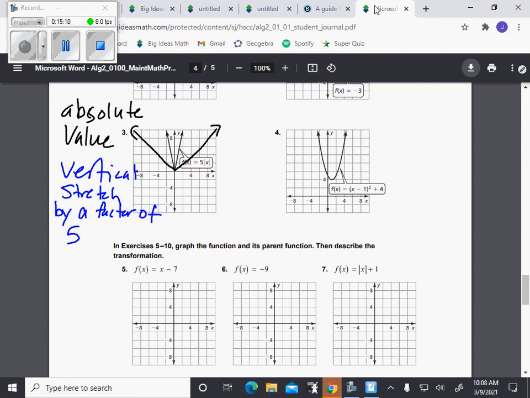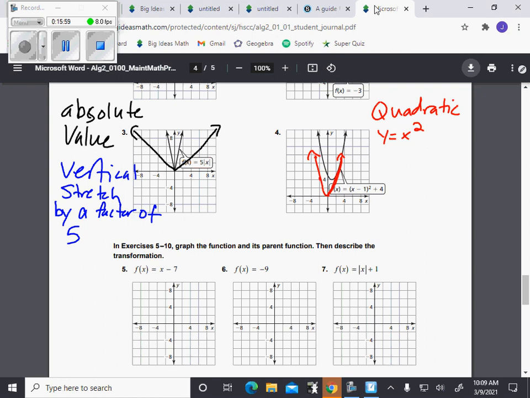Number 4 here. Number 4 is a little more difficult. And there's a lot going on. What family does this belong to? The quadratic family. And that is where y equals x squared, right? That's our basic parent function. That starts at 0, 0. We know at negative 2 it's at 4, at 2 it's at 4, at negative 3 it's at 9. Okay, so it looks something like this. All right, so looking at our graph,